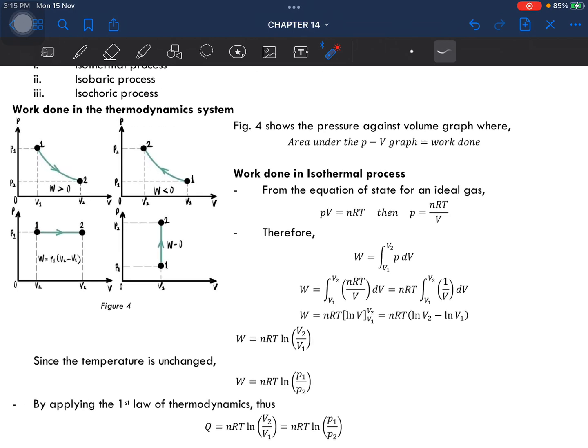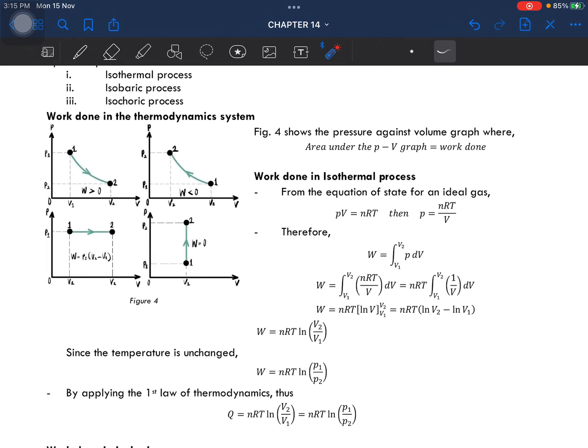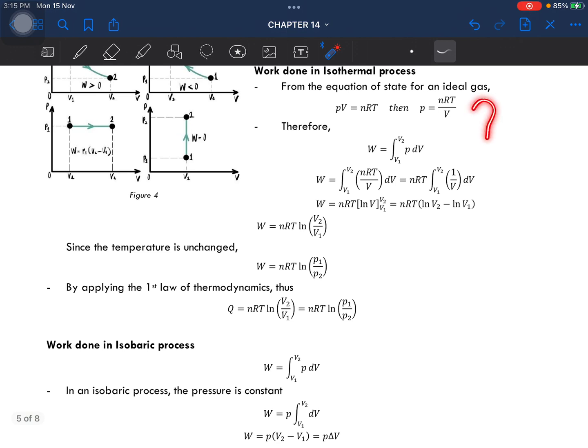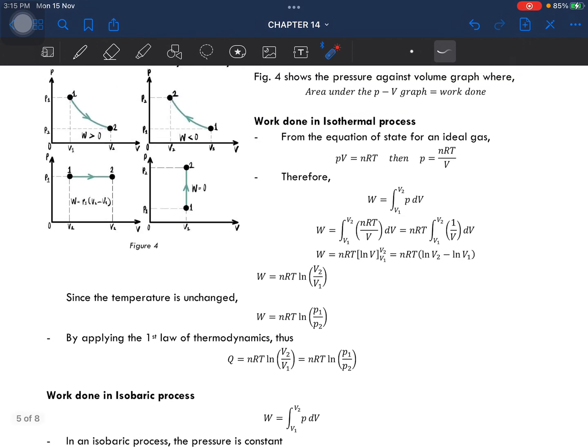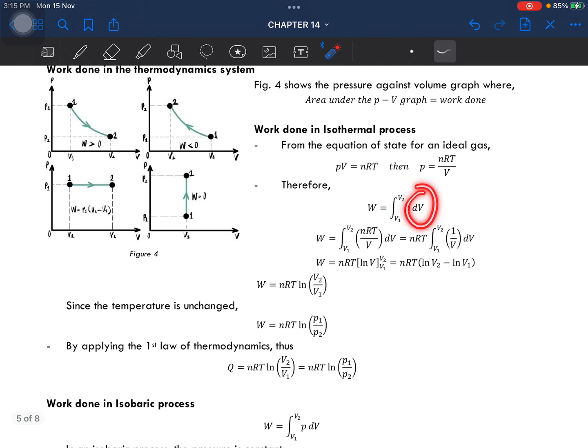Okay, so for example, let's look at the work done in isothermal process. So this is basically just the derivation. You don't really have to know how to derive it, but it's better for you to understand how the equation is obtained lah. Okay, so if we integrate the pressure in terms of volume,